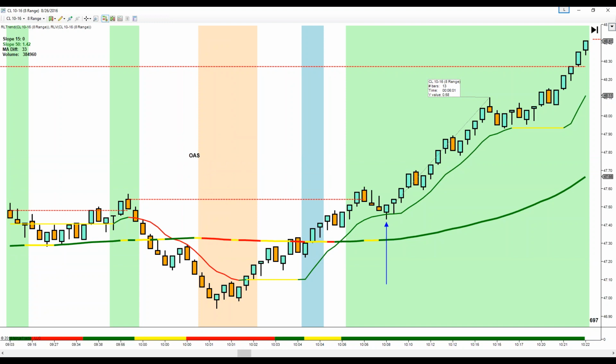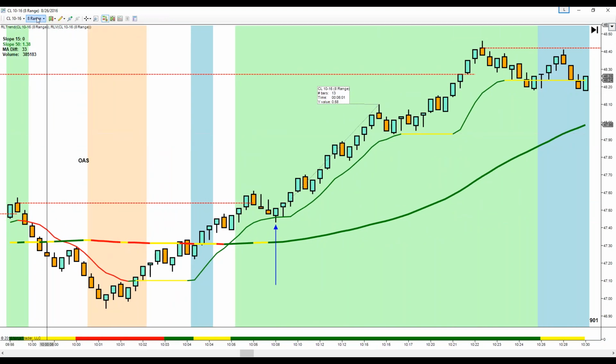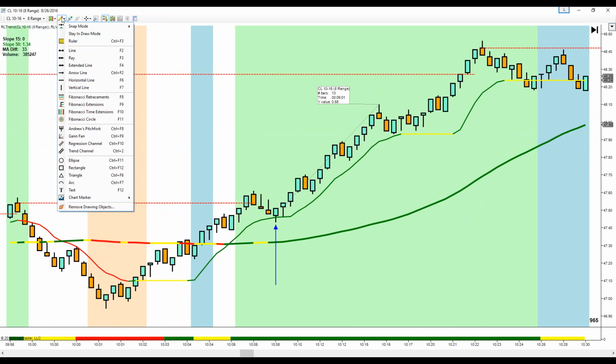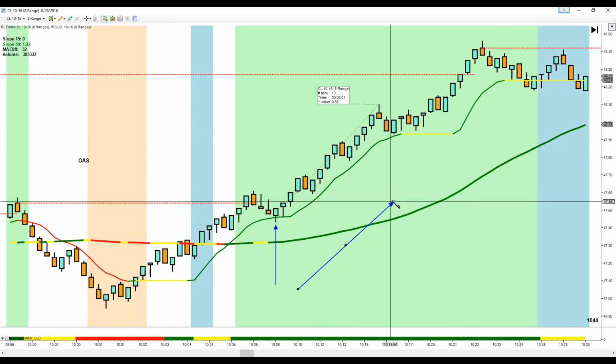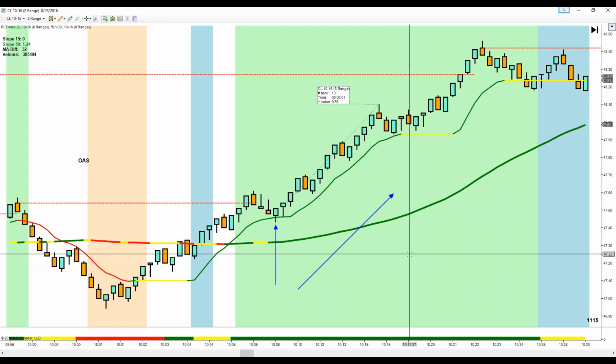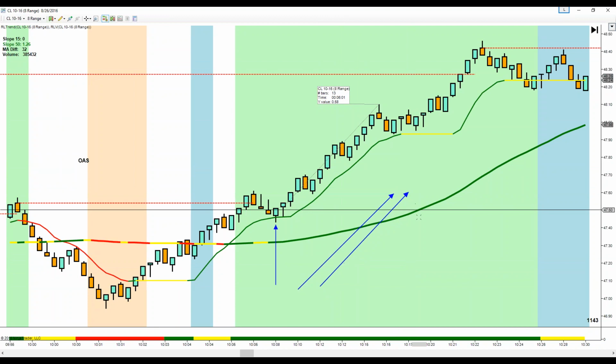Correct, Bree. It's much more than just looking at your trend lines, because what you're looking for is a multi-time frame alignment. We're trading an 8 range. Say we trade Apple on an 8 range. What we know from looking at this chart is that the 15 on Apple's 13 range is going to the upside. The 15, this line, on Apple's 21 range is going to the upside. The 50 on Apple's 13 range is going to the upside. The 50 on Apple's 21 range is going to the upside.